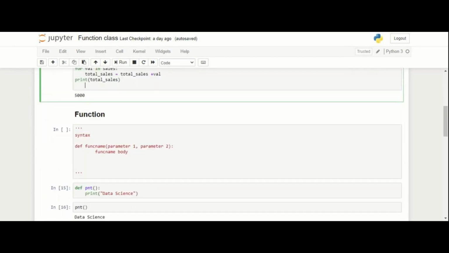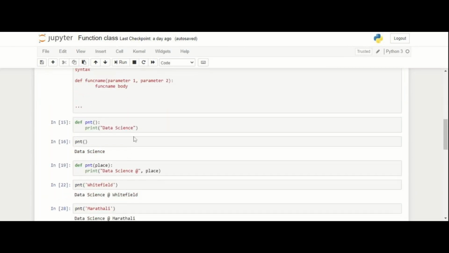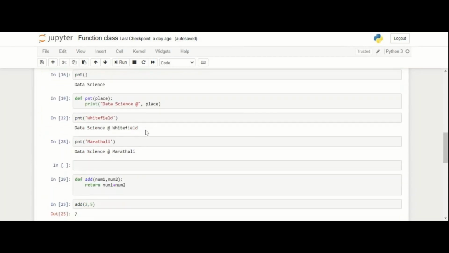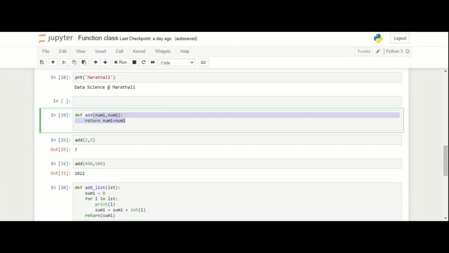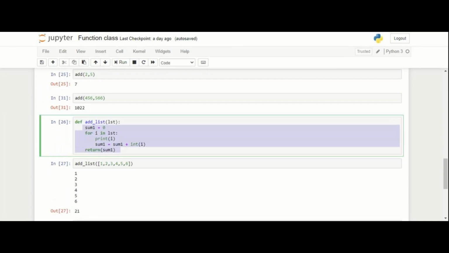After that we had started with the function. So in function we have seen how we have to define the function. We have a syntax, right, by writing def, then function name, and then if we are going to pass any parameter, then parameter 1, parameter 2, and then we have to write the function body, right? So we had seen a few examples like def printing of any statement or addition of any number, right? And also we had seen how we can automate one of the tasks with the help of function, right? And then